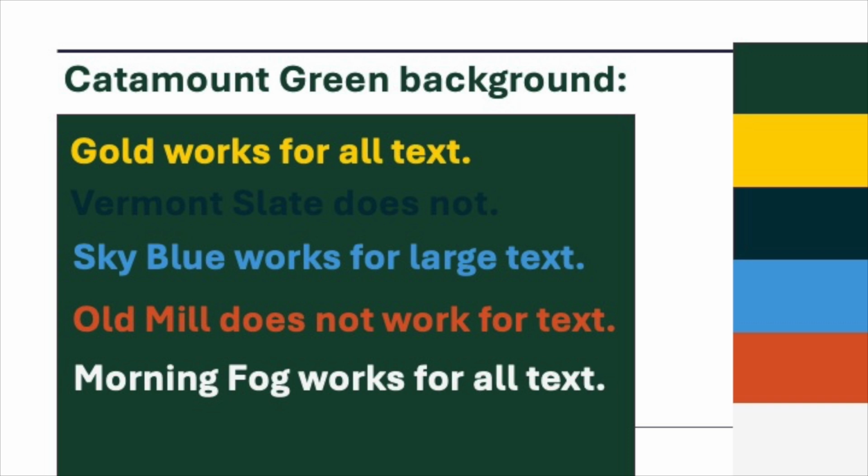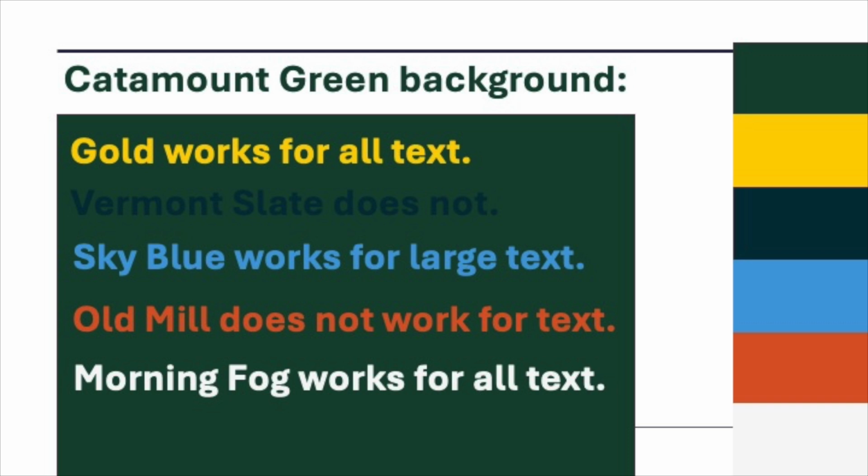You cannot use Vermont slate for any text. Vermont slate does not work for large text and it does not work for small text. Sky blue works for large text only. Old Mill, that orange, does not work for regular text or large text. And Morning Fog, the very, very light gray, works for all text, regular and large, on a catamount green, a